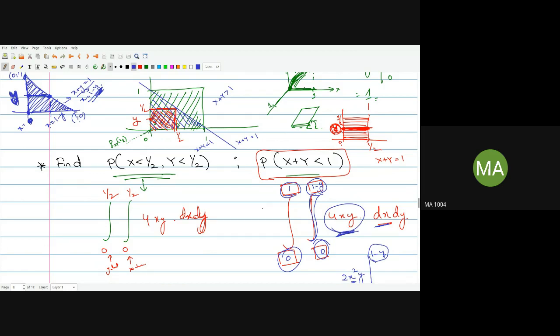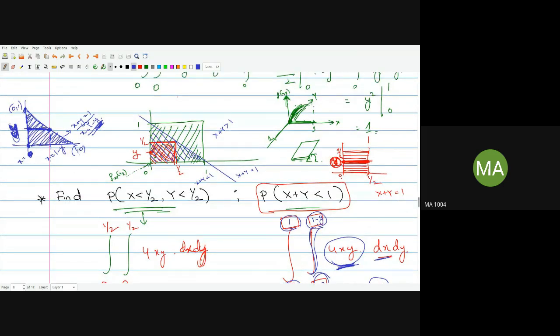Okay. So outer limits are independent limits and inner limits are dependent on the outer limits. So one is independent and another is dependent. You can treat it like that. So here I am treating y as independent of x and x as dependent on y. So for a particular y, I found the limits of x in terms of y. Then that y can freely move from 0 to 1. In all double integration problems, you can follow this if you treat y as independent and x as dependent.